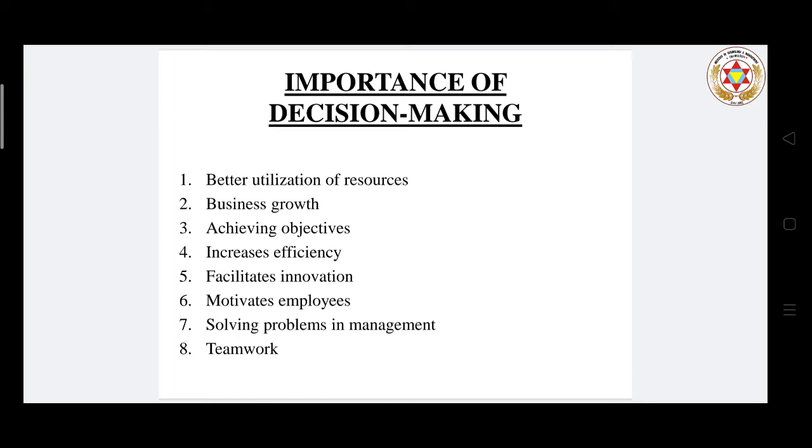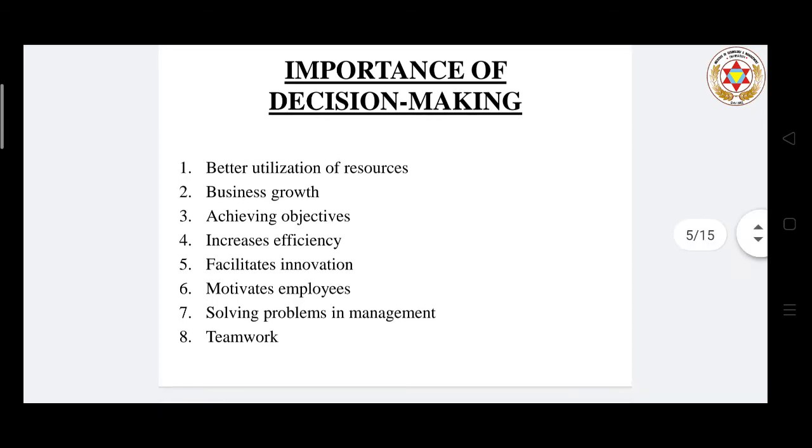means the manager has to choose the best suitable alternative from a group of alternatives, means take the right decision at the right time. And all the functions of management consider decision making as important because decisions could relate to anything like structure, method, nature of function, division of work, or authority or responsibility related to capital, related to production, etc. So decision making helps in forming business policies also.